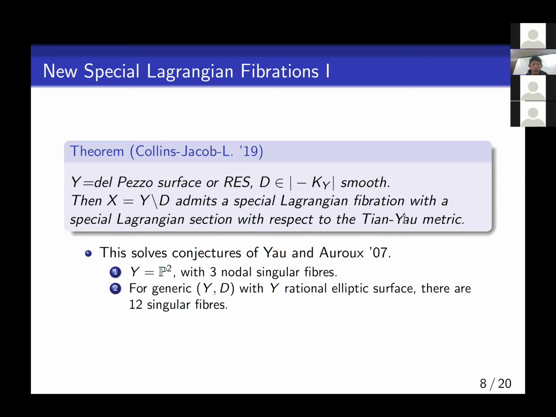And so in particular, in the case of P2, there are 3 nodal singular fibers. In the case of a rational surface with smooth anti-canonical divisor, generically there will be 12 singular fibers. And so for people who work in mirror symmetry, that statement probably might touch a nerve, because